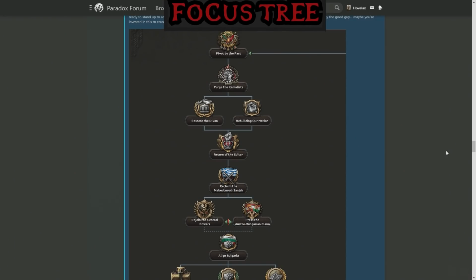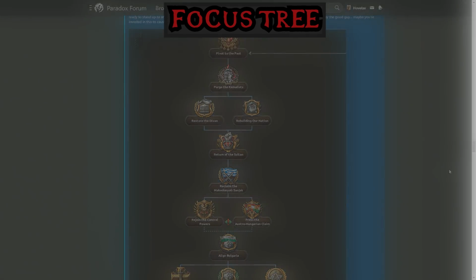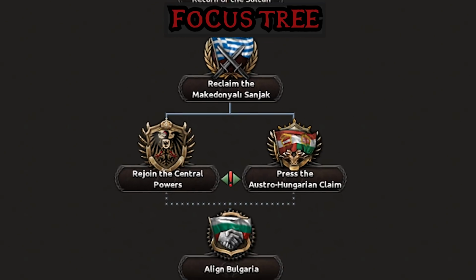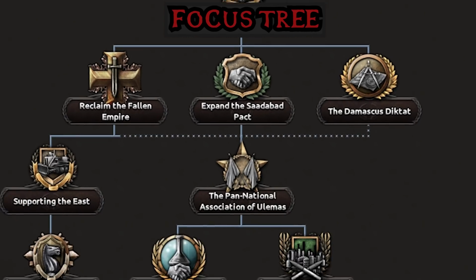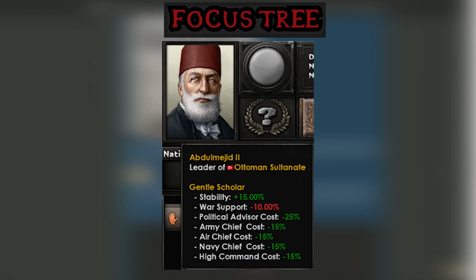The final foreign policy path is the pivot to the past, which is, I'm pretty sure, the one we all expected, restoring the Ottoman Empire, or as they call it, the Ottoman Sultanate. I would say this is your pretty standard ahistorical traditional history path. It feels very similar to the Austro-Hungary path. You start off by trying to get them in power, you get your leader, and then you get the Sultan, who is a gentle scholar. He's not quite the warmonger people made him out to be, I suppose, or what you would assume from an Ottoman Sultan, but that's quite alright, because his friends will help you out with that,